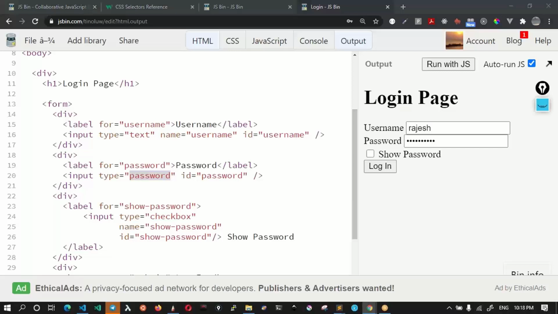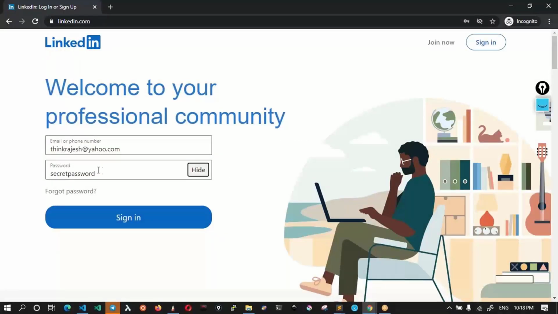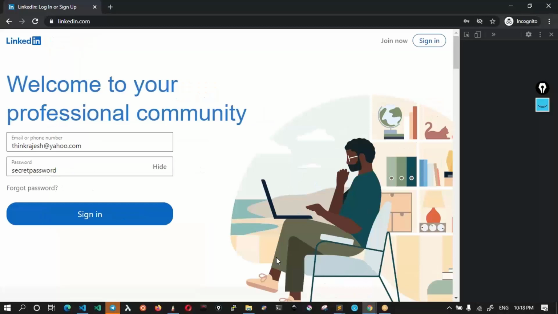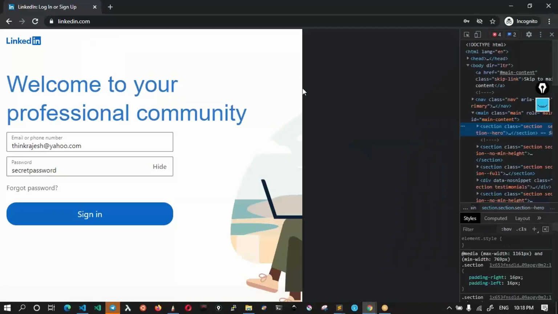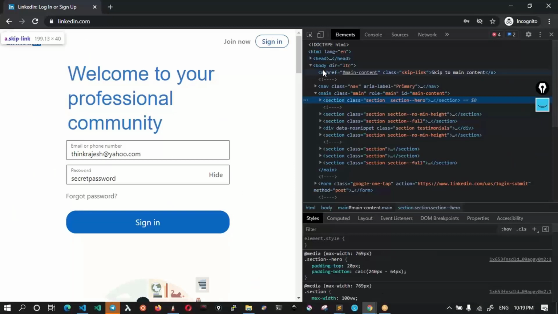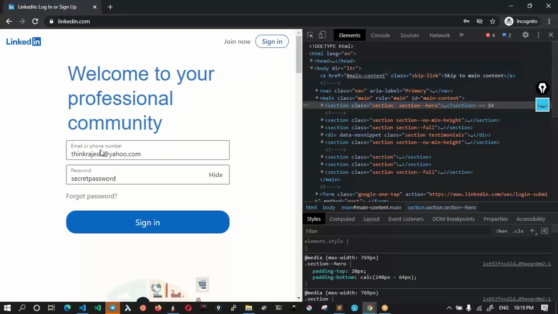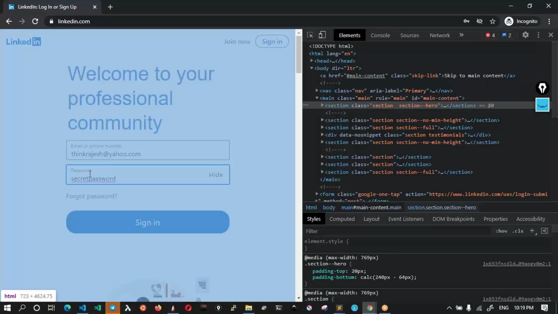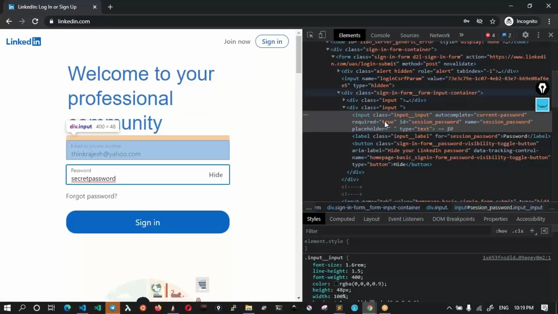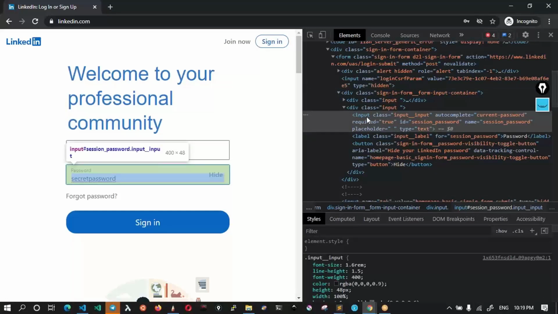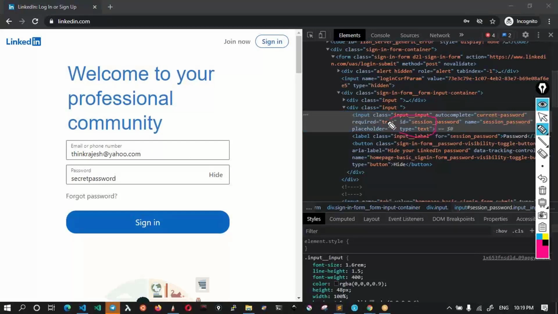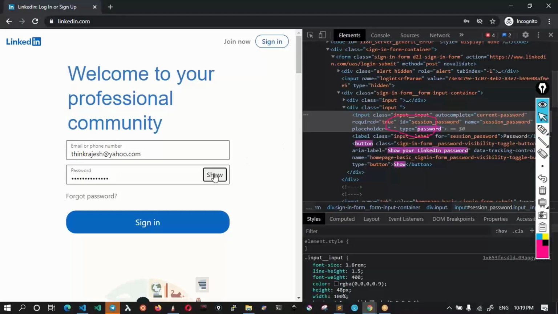For example, if you take a look in here, if you click here, see it actually becomes a text now, right? How do you know it is a text? If I inspect this on the LinkedIn website, and observe here, this is how you typically learn whenever you are starting out. I'll just inspect this password field now. Here you can see that you have an input and the type is text. But the moment you click on hide, you can see the type now becomes password. Is this observation very clear to everyone?